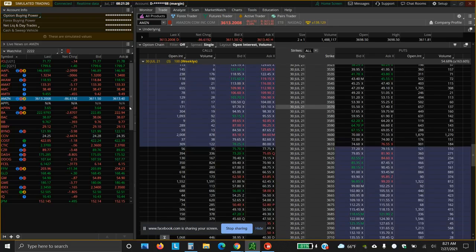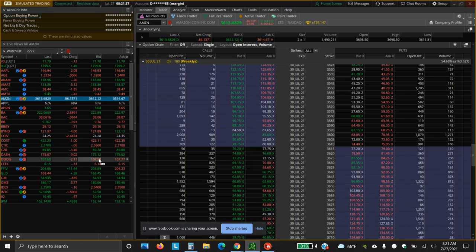If you do want to do this and eventually learn it, I recommend you open a TD Ameritrade account and apply for options level 2 or 3. I don't know exactly what it is, but you have to apply to be able to trade option spreads. You also want to apply for futures too, because futures do not have a pattern day trade rule.